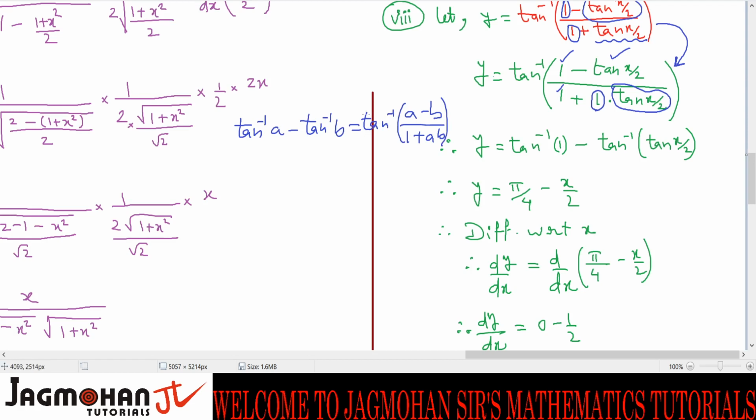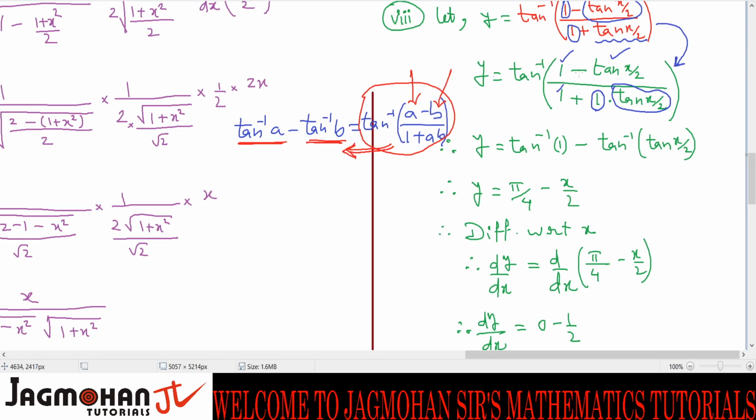That is, I am going from right hand side to left hand side. See, this is the right hand side of the result. I am using it from here to here. So tan inverse of A minus B upon 1 plus AB is tan inverse of A minus tan inverse of B. I repeat once again. What was the result? Tan inverse of A minus tan inverse of B equals to tan inverse of A minus B upon 1 plus AB. But we are using it from right to left. Tan inverse of A minus B upon 1 plus AB is tan inverse A minus tan inverse B. So this result is applicable here.